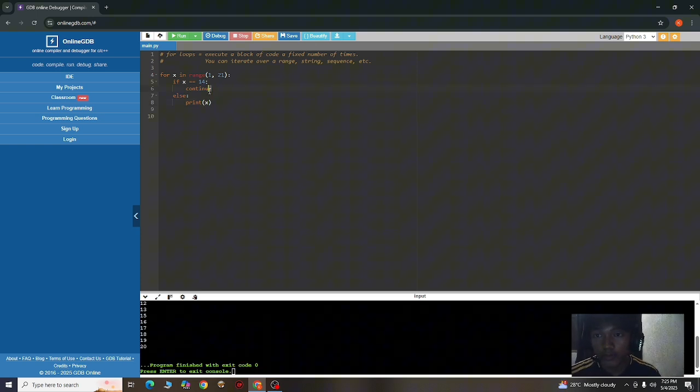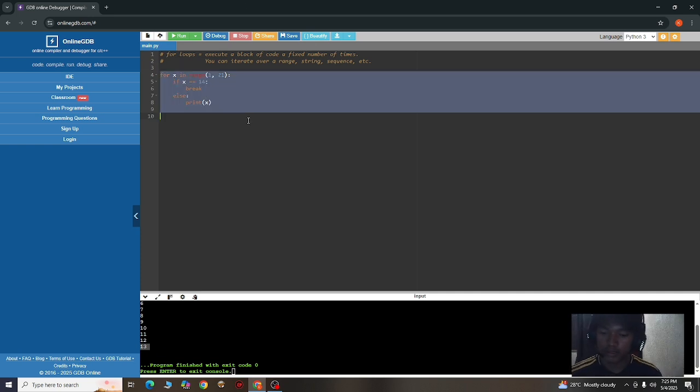And if we use the break keyword, let's run it. It would stop at 14. So if X is equal to 14, it would end the code. As you can see, it only ends at 13. 14 is excluded.